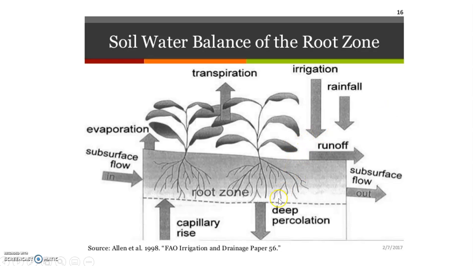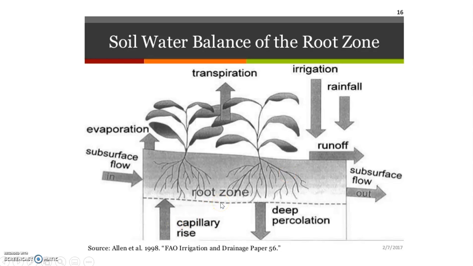When we are applying irrigation, we should not allow the water to percolate below the root zone. If we allow the water to percolate, then the water will be wasted, so automatically water efficiency will decrease. Water efficiency means the amount of water plants use compared to the amount of water we apply. Percolated water will not be used by plants, so it is wasted and goes into the groundwater. Runoff water also will not be useful to the plants, so we need to eliminate these two factors. If we eliminate these two factors, then automatically water efficiency will be much higher.